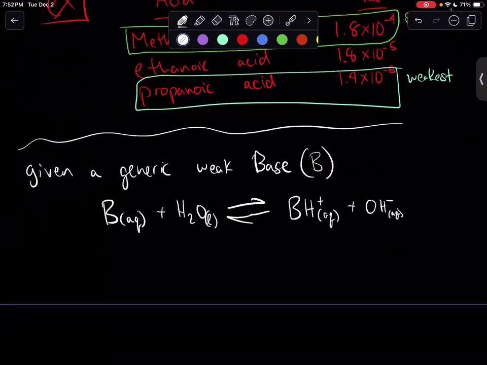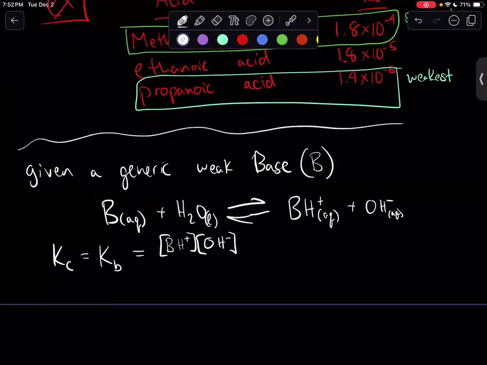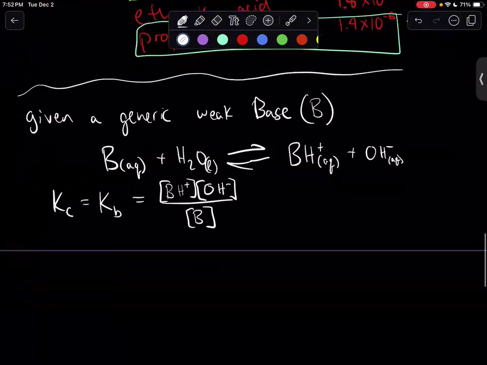Once again, we can look for our equilibrium constant, but now that we have a base, that is Kb, our base dissociation constant, which is going to be equal to the concentration of BH+ times hydroxide divided by our original concentration of base. And there we can easily find our base dissociation constant. It's the same equation followed by this. So let's just label that as base dissociation